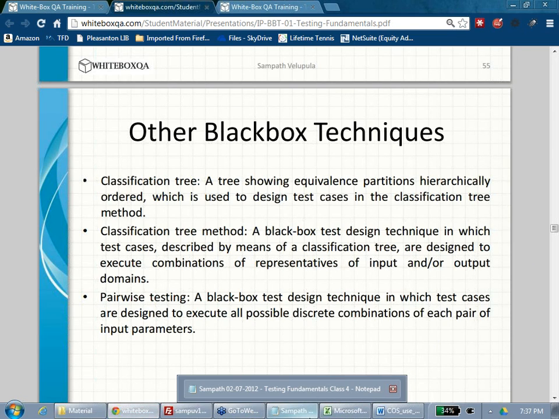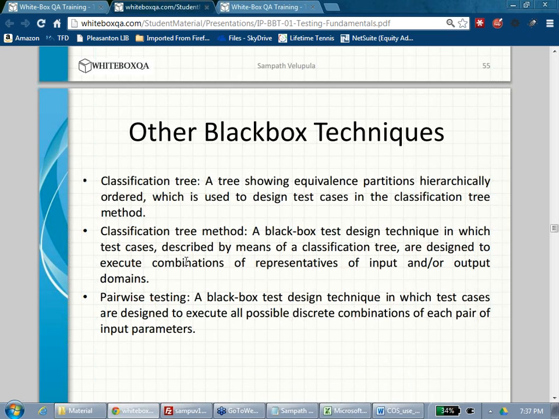Coming back, there are some other low-key techniques which are very specific to a problem. Classification tree is just like equivalence partitioning, except you make a tree instead of domains. Sometimes there might be a number of possible cases, invalid cases. At that time they make a tree, and for each branch they need to test it. Remember, these concepts are all textbook concepts. You have to learn and apply them. You don't have to memorize them by heart. Just take it, observe it, leave it.